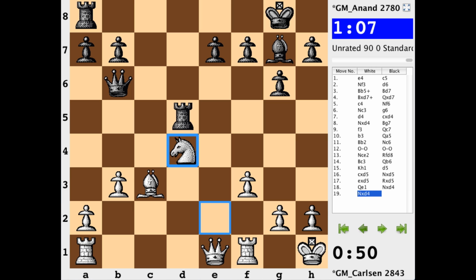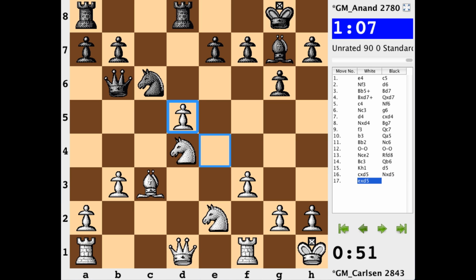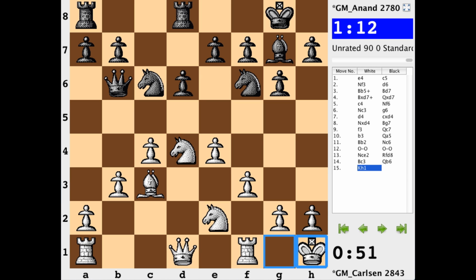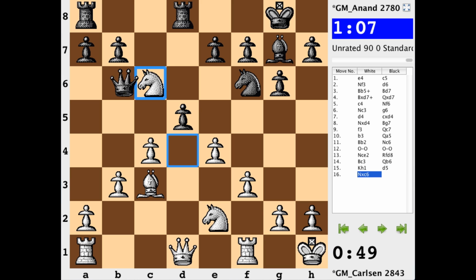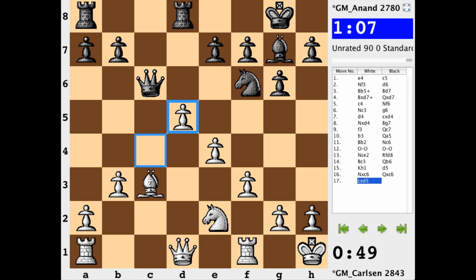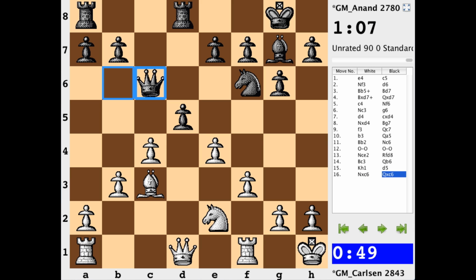I don't know if it would be enough to win, but white has something much better than to just go ahead and grab on d5. And what's tried is knight takes c6, knowing that if queen takes, now you take on d5, because there's not the liability. The reason that tactic worked was because white had a piece on d4 that was vulnerable, that was caught in a pin, but it's no longer there, so there's no longer a tactic. So we wouldn't have queen takes. That is not the move that was played.